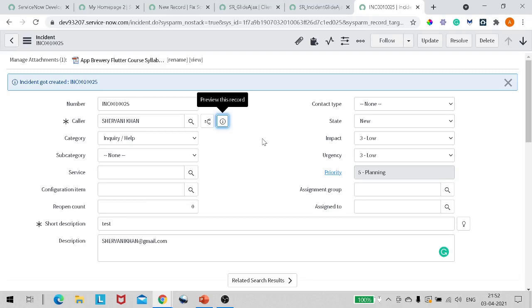So this is how Glide Ajax is used. Glide Ajax is the most prominent and the most recommended way to fetch data from the server side and perform any kind of action on the client side. People had a taboo that it's quite complicated to use, and that's why I created this tutorial. If you want to see some more tutorials, just mention it in the comments, and next I will try to bring a tutorial on the same.